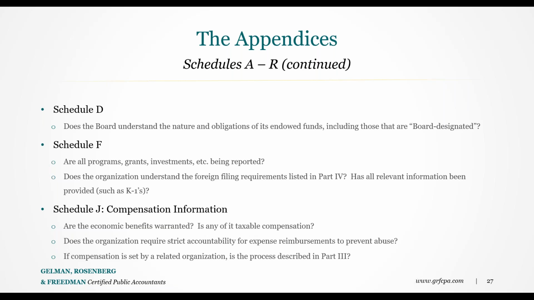We also talk about Schedule F, which is where you report your foreign activity. On Schedule F, you're going to report any programs, grants, investments, and you also need to disclose if the organization had over $10,000 of revenue. I feel like that's kind of a hidden question on the 990 and often gets overlooked. And then there's also a section on Part 4 of Schedule F, which asks you a list of questions, and sometimes the yes answer may require an additional foreign form to be filed. Those forms are required. There are significant penalties if you don't file them. So you really want to pay attention to those and make sure that all the relevant forms have been filed